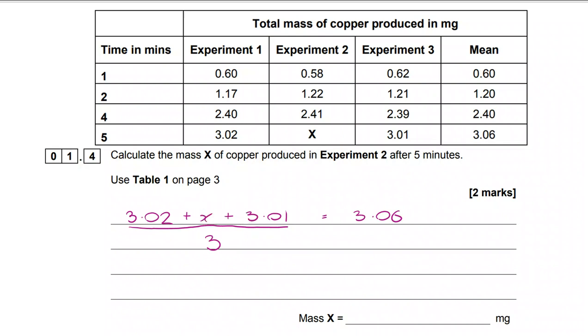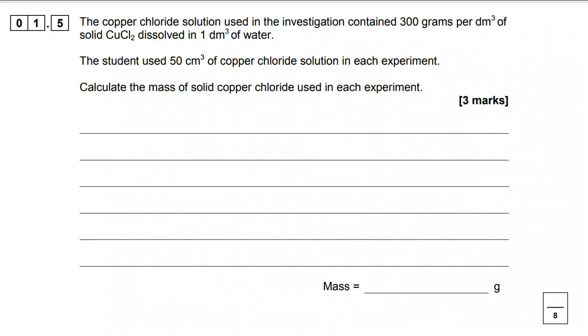I can then multiply both sides by 3. And that gives me 3.02 plus X plus 3.01 equals 9.18. And if I then subtract the 3.02 and the 3.01 from each side, that tells me the value of X is 3.15 milligrams. Moving on to 1.5,